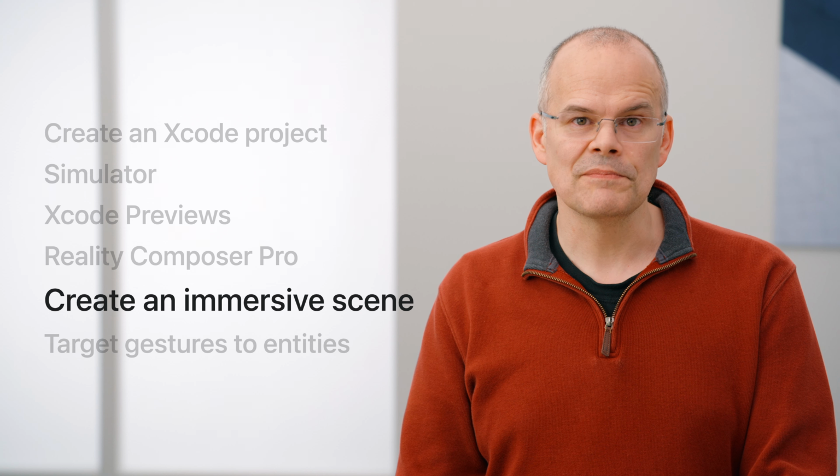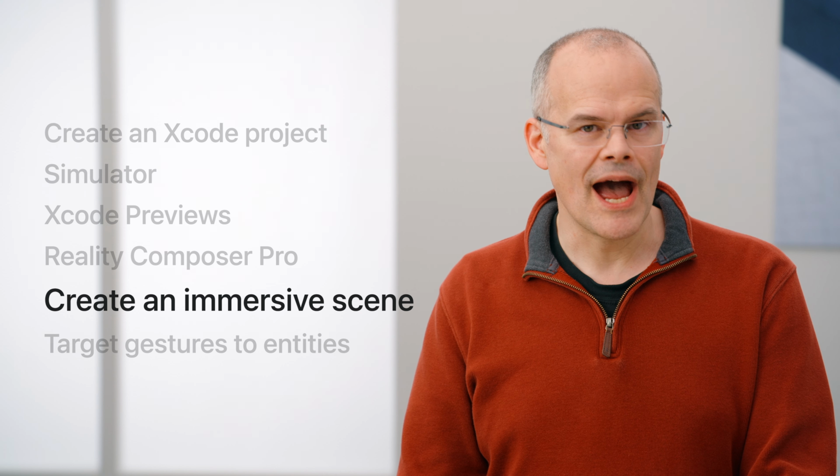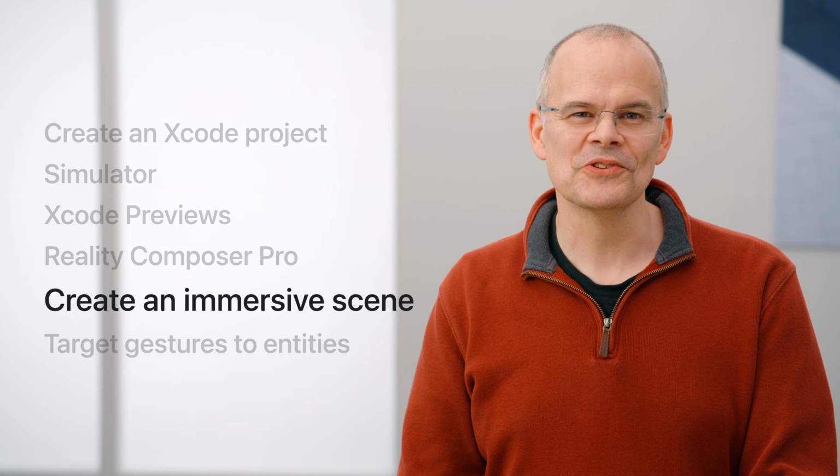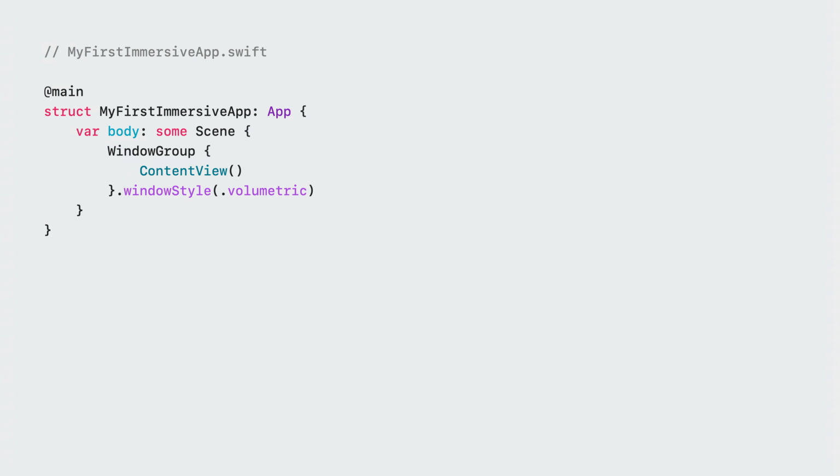The scenes presented by the app are in the source file app.swift prefixed with the project name. Let's take a closer look at it now. You may have asked yourself how our app knows to present Content View. We see that our app uses a single window group to present Content View as the contents of the volume. Window group is a scene that creates one or more windows or volumes that present the given view.